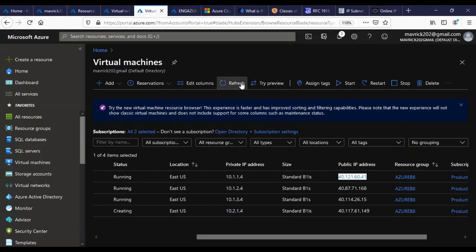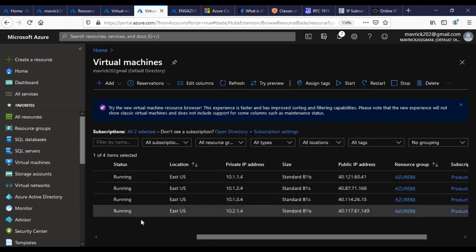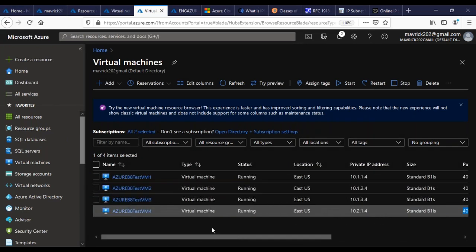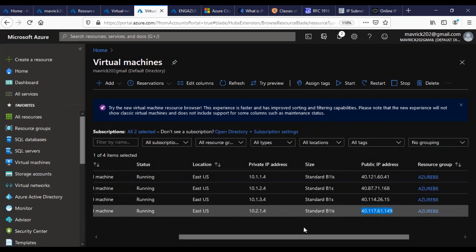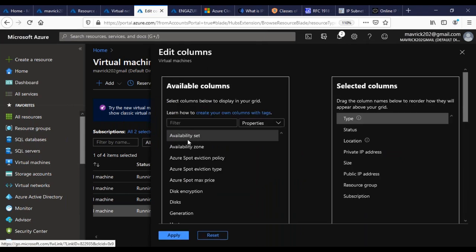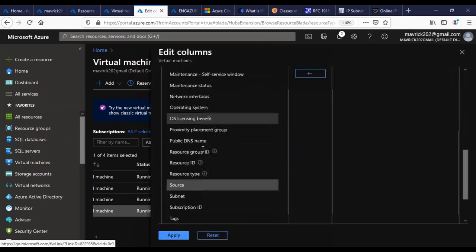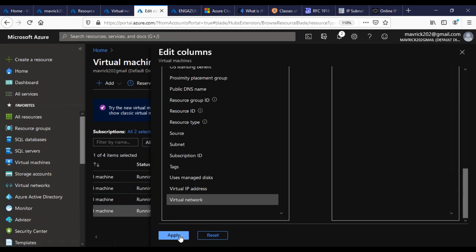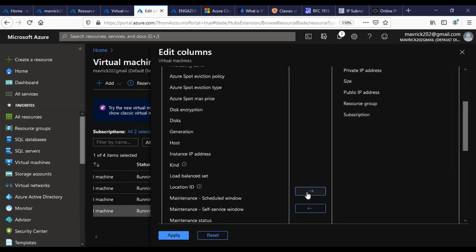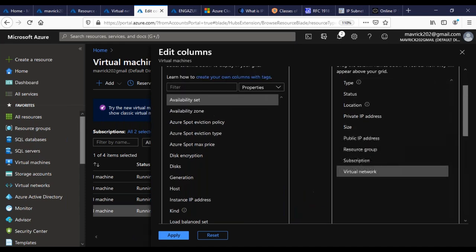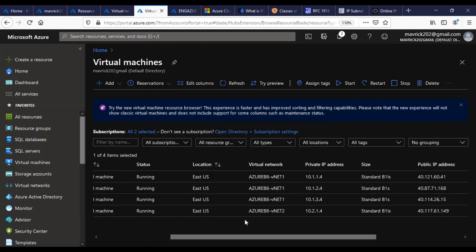Now let's go back and check whether it is done or not. So it's running, guys, this is done. Now let's log into the fourth one, which is in a different subnet, as you can see from here. Actually, here you have some columns as well. I'm not sure if the VNet is there. Virtual network, yeah, you can also have virtual network as well. So I can add virtual network into the columns, and you can take this further before the private IP. For example, if I apply it, see, virtual network VNet 1, and this is VNet 2, guys.